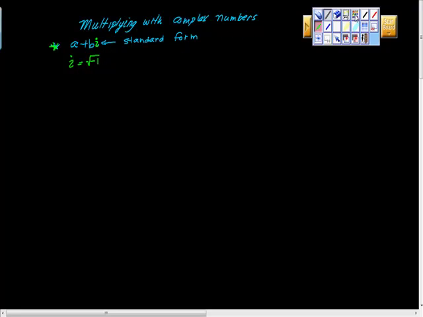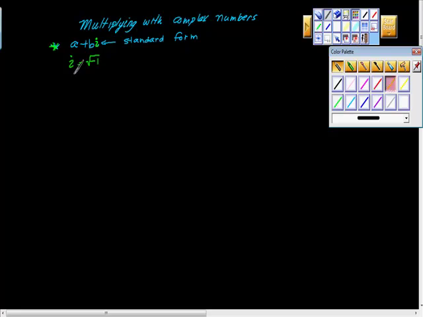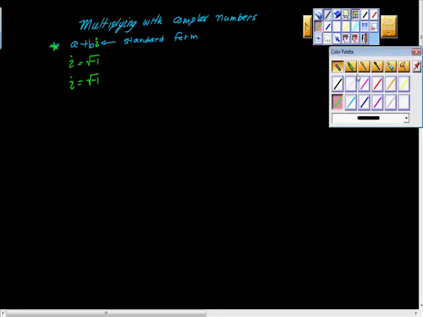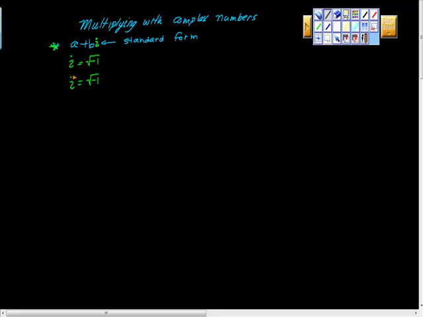So what would happen if we squared that? I'm trying to get to something here. If i is the imaginary number and the imaginary number is the square root of -1, and we square this whole thing, then i squared is equal to, well, what's the square of a square root? Exactly, it's the thing on the inside. So i squared is